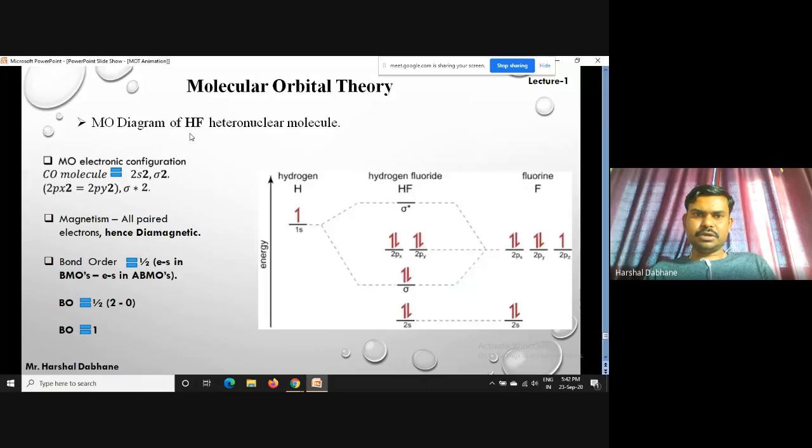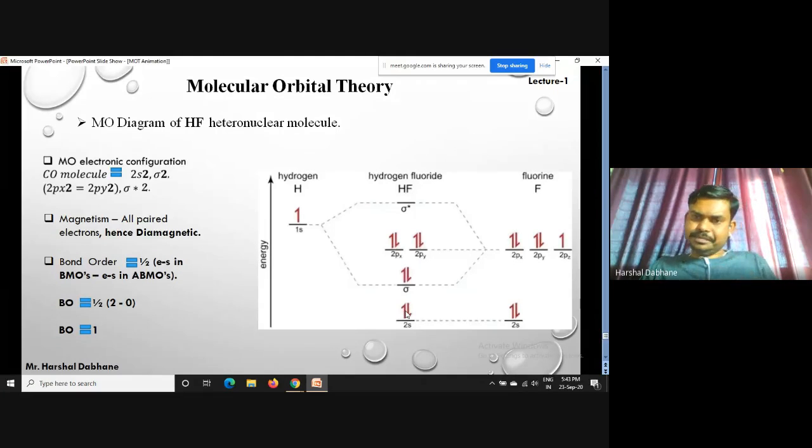When we put them together, in the case of fluorine, fluorine has 3 types of orbitals: 1s, 2s, and 2p. This is the 2s orbital, and this is the p orbital of fluorine. Fluorine is more electronegative as compared to hydrogen, so the orbitals of fluorine are written below those of hydrogen. Hydrogen we write over here, fluorine over here. This is the 2s orbital, and there is no function of the 2s orbital. This pair remains inert, a non-bonding pair.